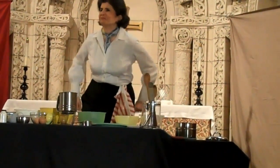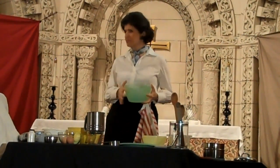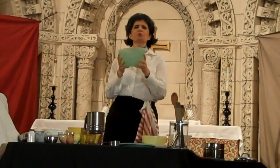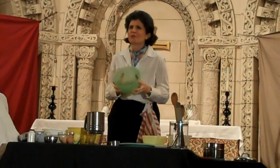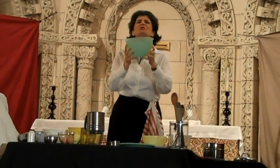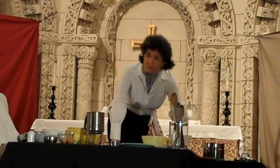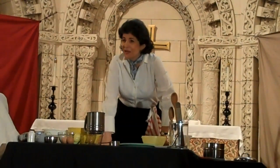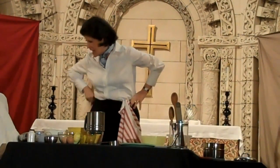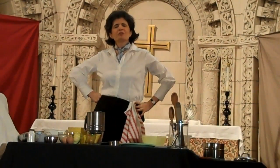French chef. This is the rich, buttery brown batter for le gâteau au chocolat lumineux brûlé. Today we're going to make chocolate cake, and it's a very special, very chocolate